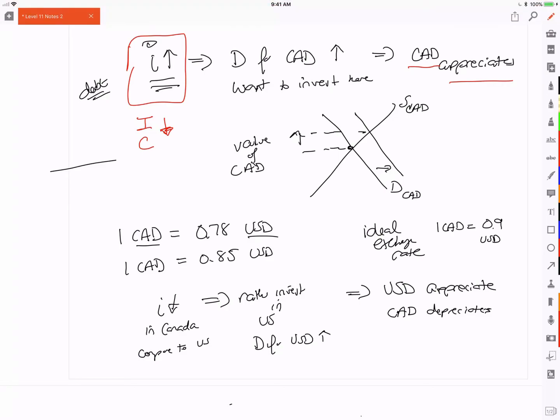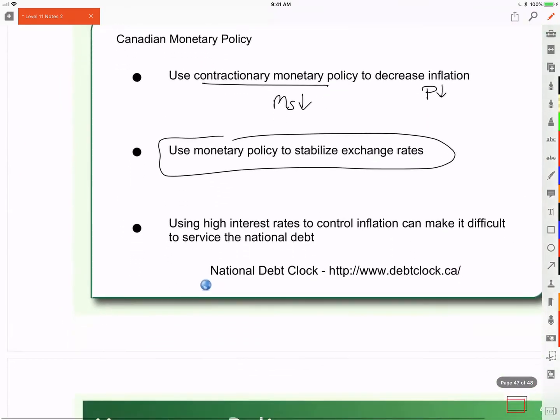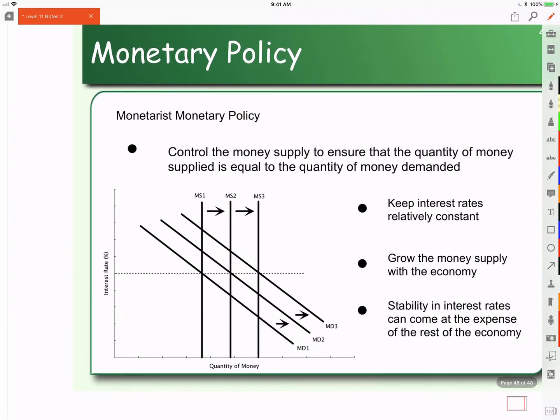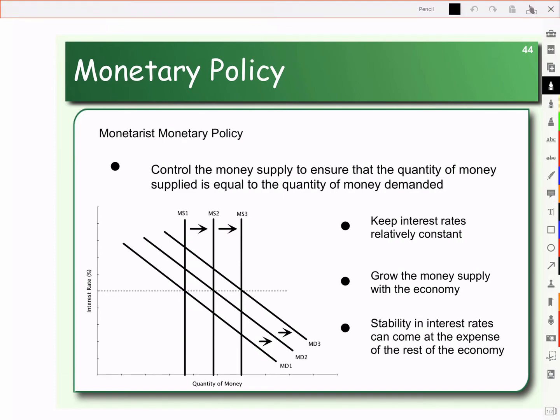All right, so we looked at Keynesian, we looked at Canadian. The last one we want to look at is monetarist monetary policy. So monetarist monetary policy said that we want to increase the money supply to grow the economy, right? We want to increase GDP if we're not at full employment,